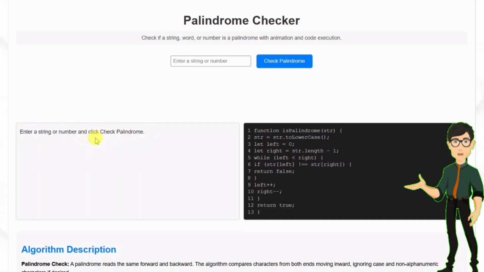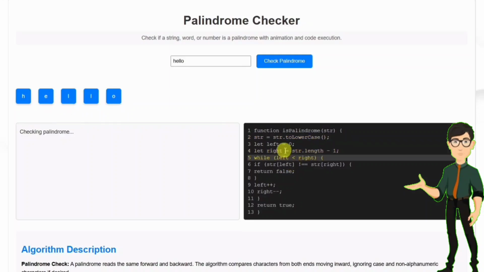Let's start with something familiar. Type hello into that box. It's a nice everyday word. Now hit that check palindrome button and boom, things get exciting. The screen fills with little blue boxes, each one holding a letter from your word. For hello, you see 5 boxes lined up. H-E-L-L-O. They're neat and tidy, like a row of buddies ready to show off. Here's where the fun kicks in. The demo doesn't just say yes or no, it shows you what's happening, step by step, with animations that grab